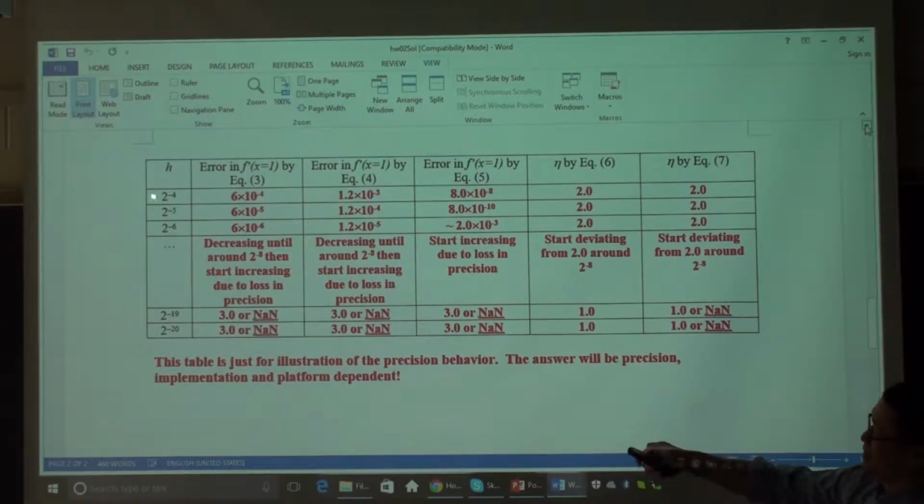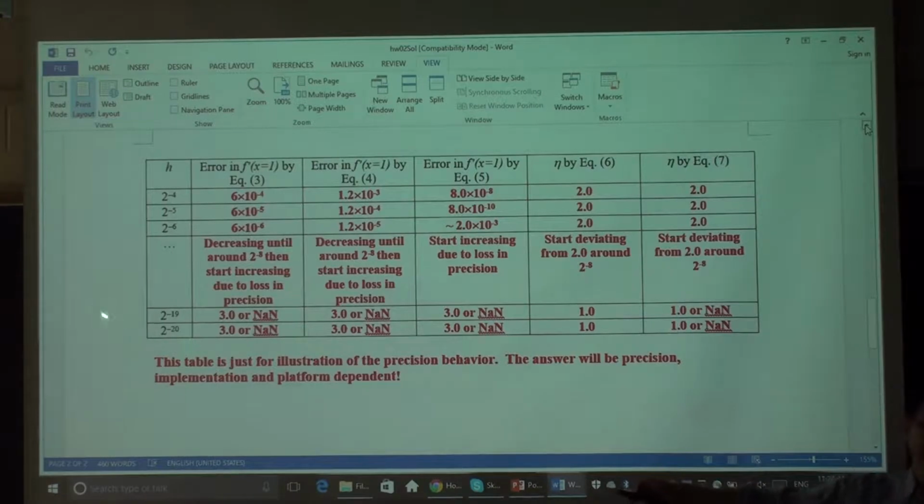You should be doing 2 to the minus 4 to 2 to the minus 20, but what I have in this column is 10 to the minus 4 to 10 to the minus 20. I apologize, my fault. But the first thing is that you should see a decrease. Just like h decreased by 2 times, the error should decrease by 2 times. And if here it is 10 times, it is decreased by 10 times.